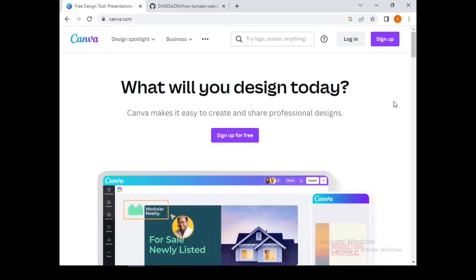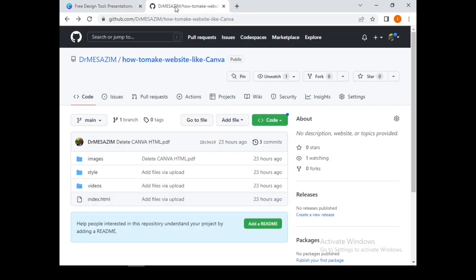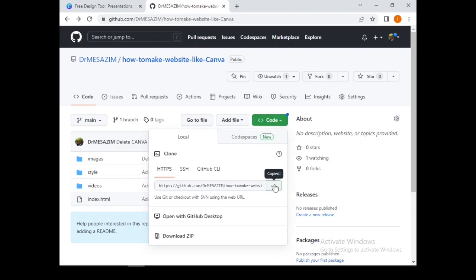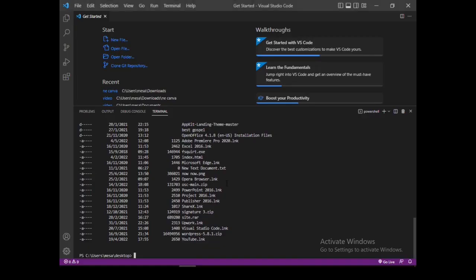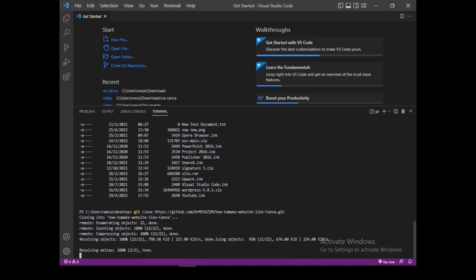Today, without wasting your time, please go to my GitHub account, which I'll leave in the description down below, and download this starter code that we have here. I'll simply copy the URL, and we are using Visual Studio Code on my desktop. I just have to say git clone, then paste the URL, and we download the starter pack. Now we have finished downloading the boilerplate, so I need to open it on my desktop.